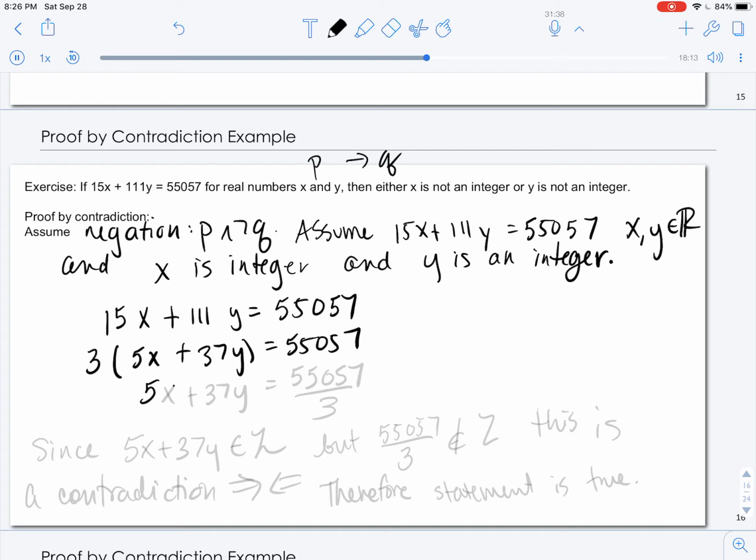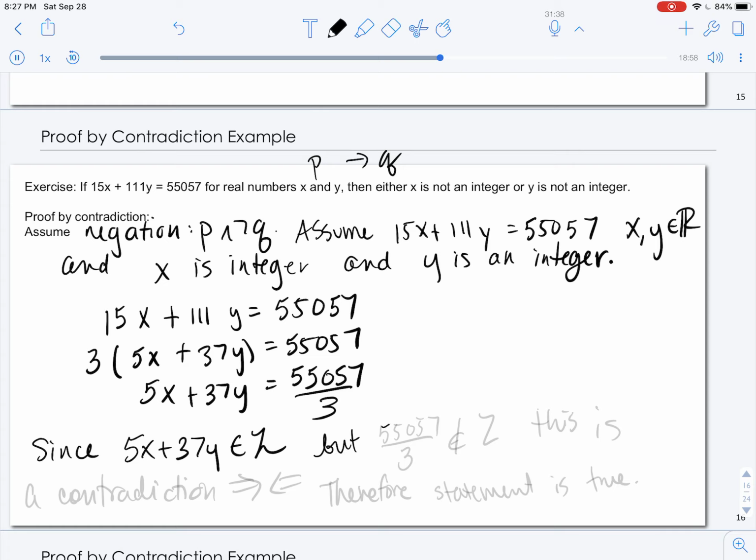So we're going to be left with 5x plus 37y equals 55,057 divided by 3. Now, the left-hand side is an integer, but the right-hand side is not an integer because 55,057 is not evenly divisible by 3, and that's our contradiction. So since 5x plus 37y is an integer, since x and y are integers and 5 and 37 are integers and the integers are closed under addition and multiplication,